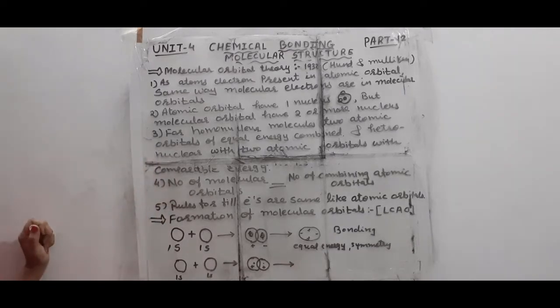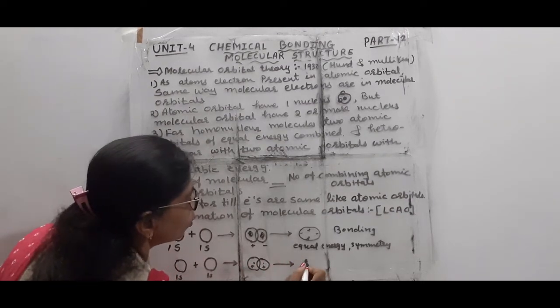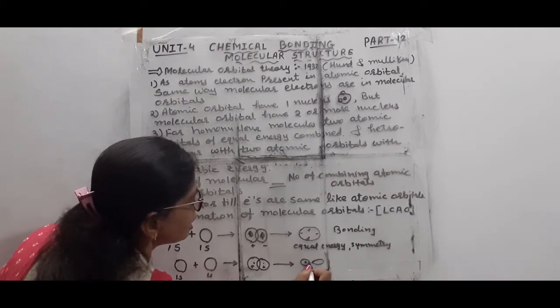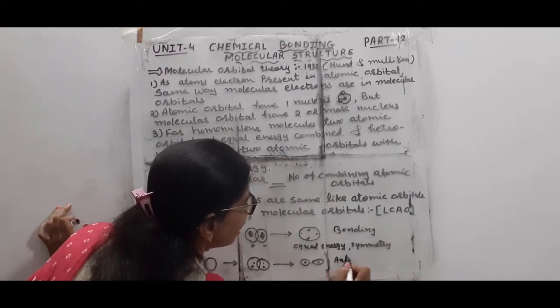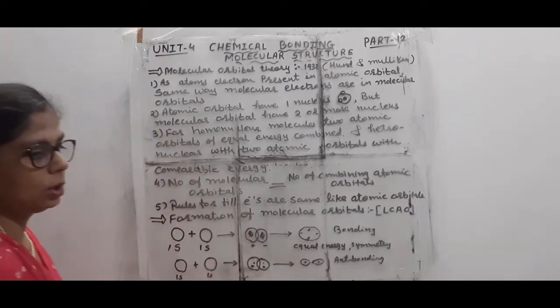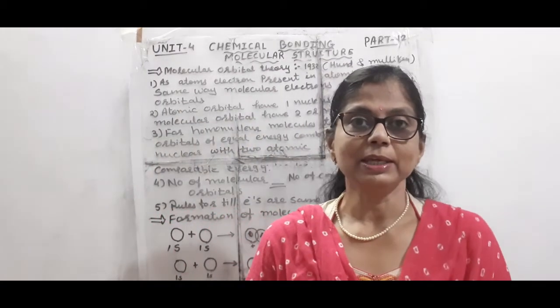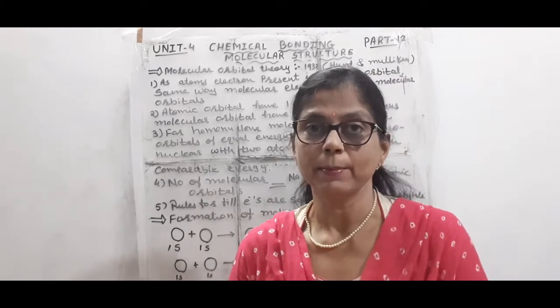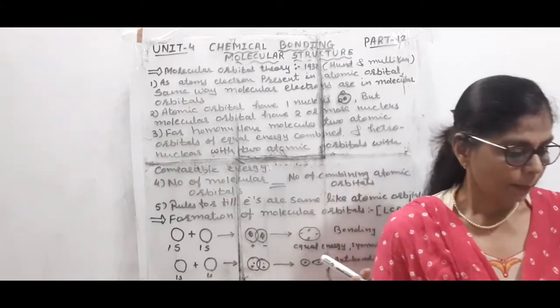Now when antibonding takes place, students, for that antibonding, both the molecular orbitals will be separated. This is plus charge and this is minus charge, and that's why it is known as antibonding. So this way bonding and antibonding take place, and while the bonding takes place, we can say it is the formation of the sigma bond, and while antibonding takes place, we can say it as a pi bond, student.